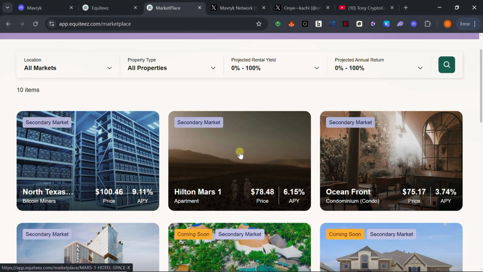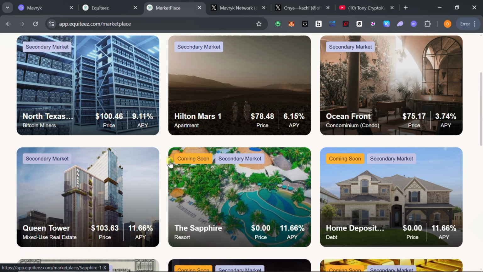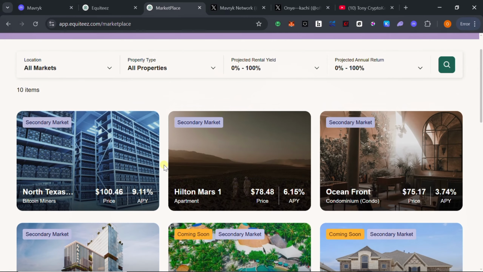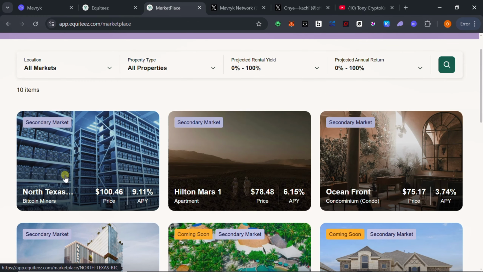from the United States. This is where the $3 billion partnership they signed just comes in, because anybody from anywhere will be able to buy a section of a property, right? You don't need to have $1 million to buy the properties. It's just like investing in a property that has already been built. For example, let's take this North Texas property. Now, if you want to invest in this property,